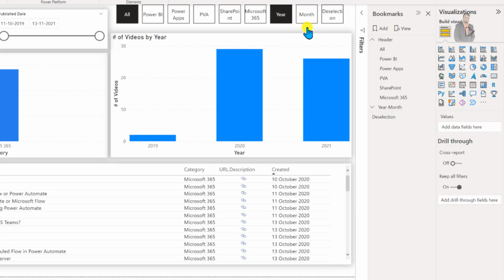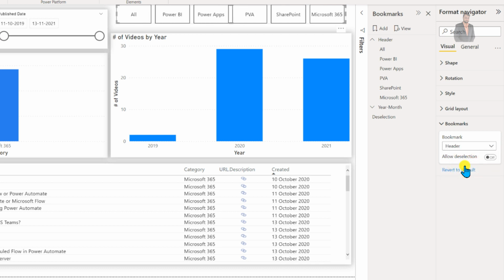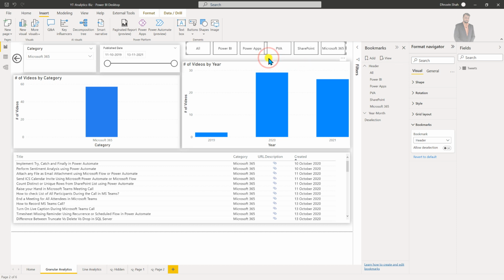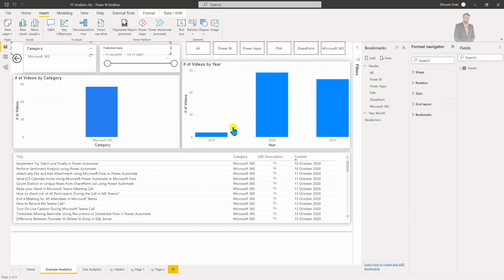Now we need to configure one property. Select the bookmark navigator that you have added, and now I only wanted to have header. So expand the bookmark section, and over here there is an option showing the group name. I wanted to have header from here. So let's select header and we are good, right? Now it is showing me only the things which I want. And now I will add one more bookmark navigator onto the screen. So I'm going here, Insert, Button, Navigator and bookmark navigator. So let's add one more.